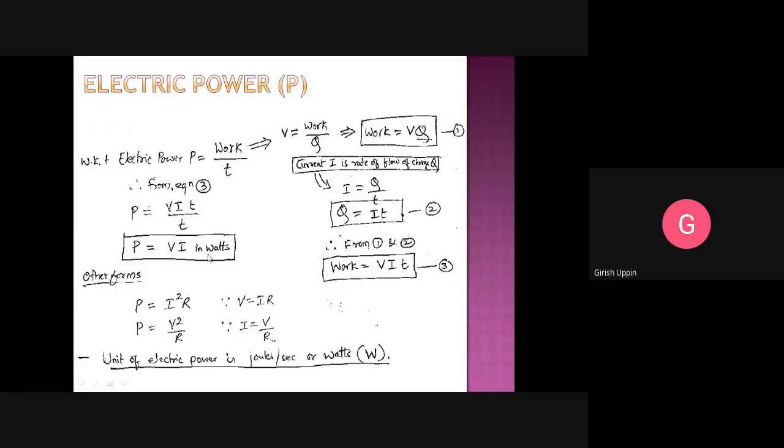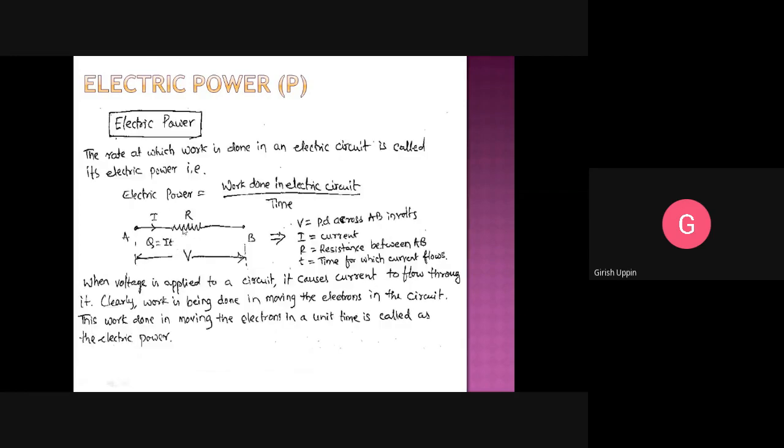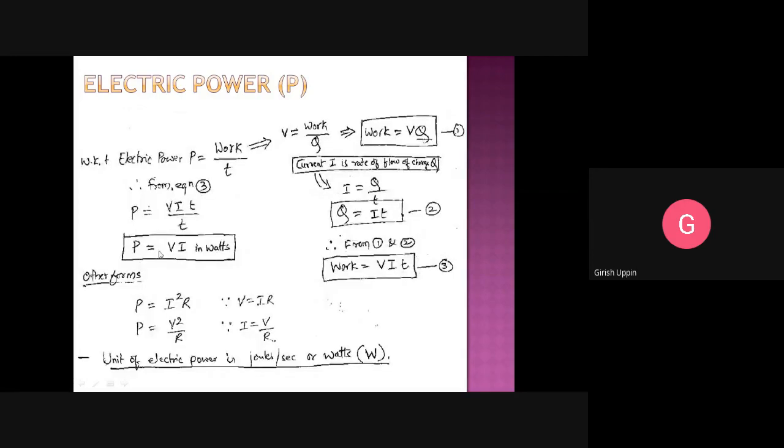So how to measure power in an electrical circuit? Let me go to the previous slide. Here the voltage across this resistor is V and the current flowing is I. How much power is consumed in this particular resistor is voltage into current. So power is always given by the product of voltage V and current I. P is equal to VI, and power is measured in watts. That is the unit.